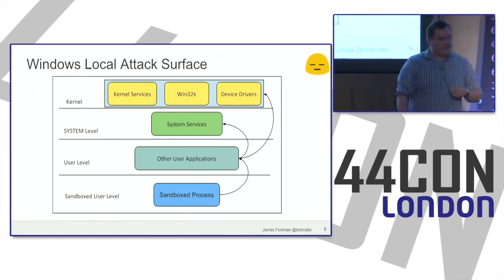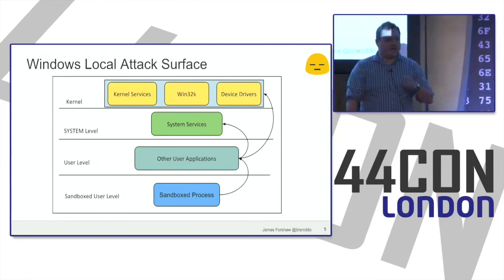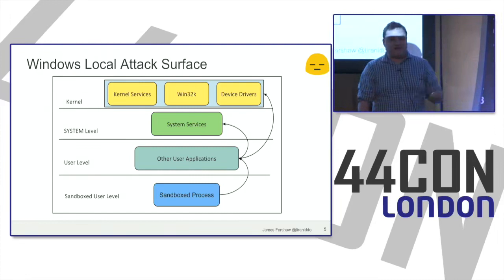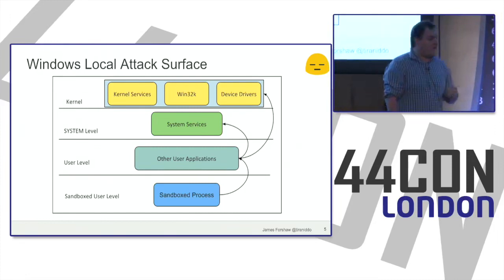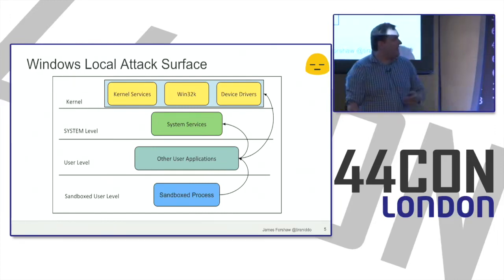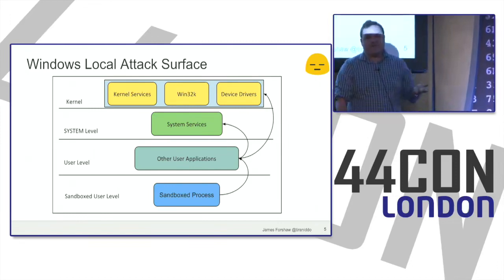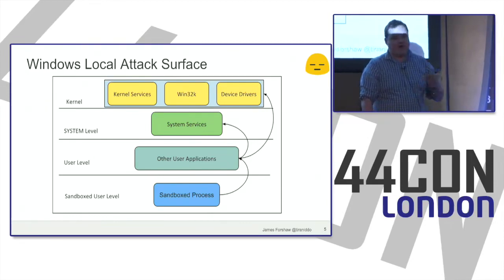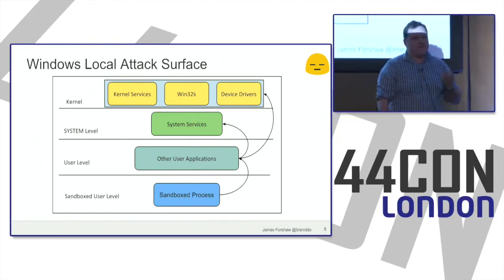The interesting thing here is that sandboxing is now pretty much considered to be a security boundary as well, which surprised me somewhat. So effectively, as an attacker, you've probably got into a sandbox through the web browser, or you're at a user level, and you want to gain higher privileges. So you want to jump into local system, or you want to get into the kernel and compromise the entire machine. And so obviously from a local privilege escalation, those are the places we want to look.